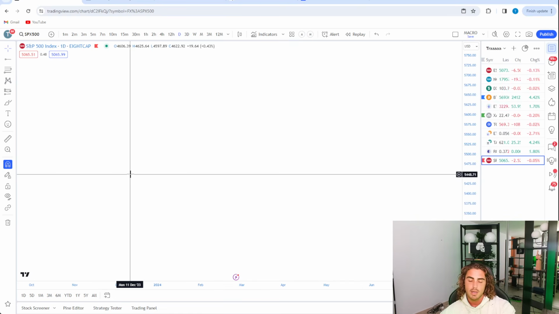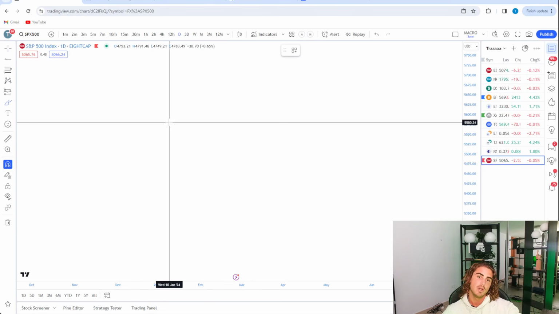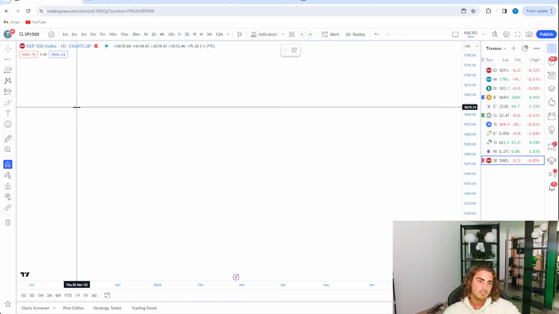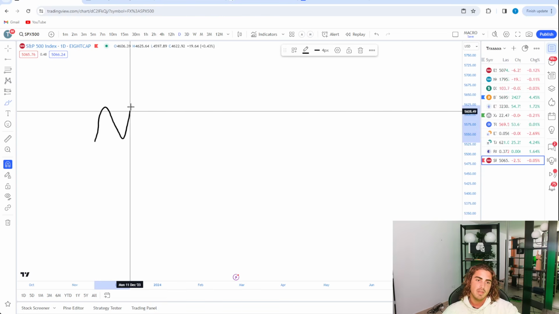What are they? Okay, it's a price range, right? Order block. Okay, it's a price range where a large amount of orders are able to get filled that change price direction or cause the market to move. Okay, so with that in mind,